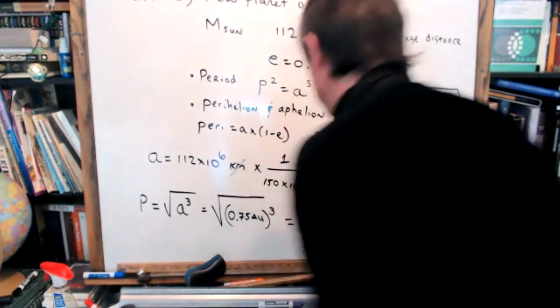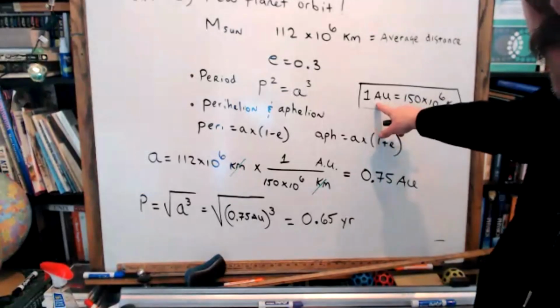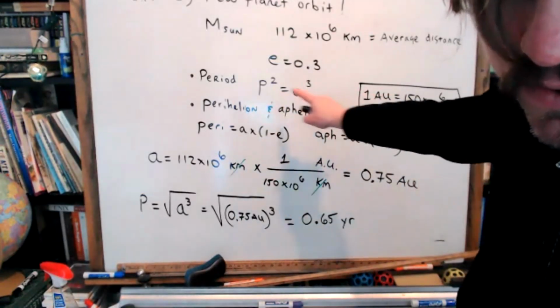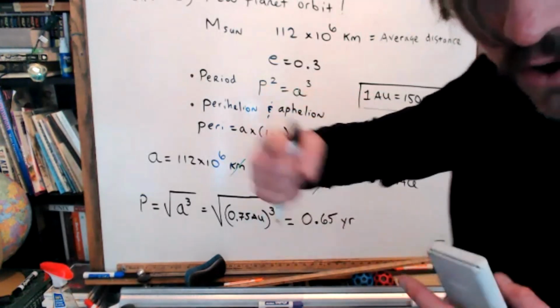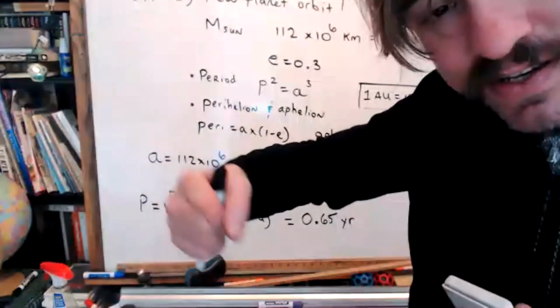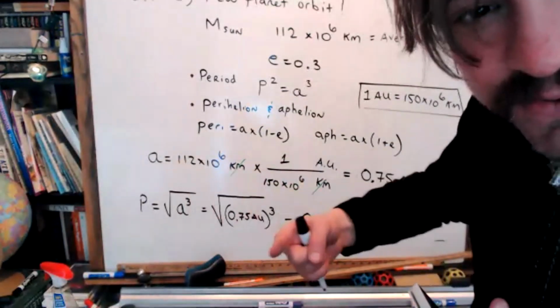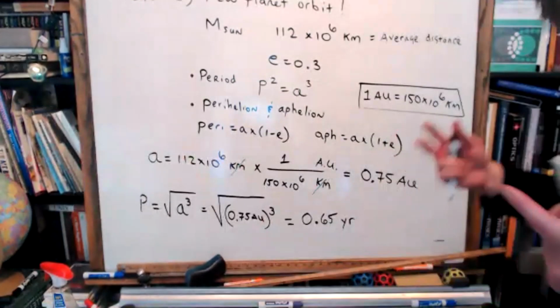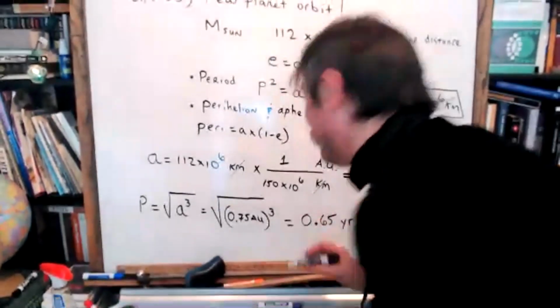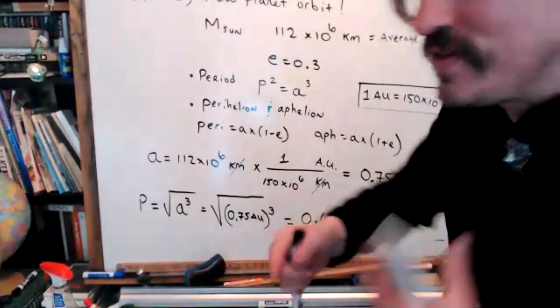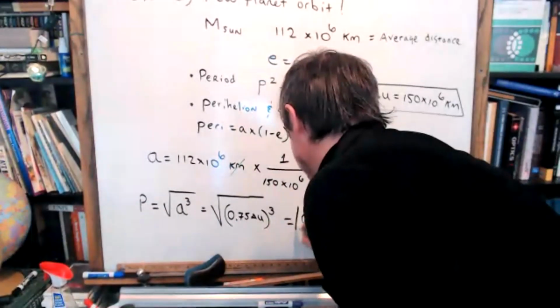Oh, by the way, it turns out that Kepler invented the astronomical unit. Because he figured out P squared equals A cubed, he could only figure out how far away the planets were in terms of Earth-Sun distances. But he didn't actually know what an AU was, so he didn't really know how far away Saturn was, which is kind of funny. He could tell you it was 10 times farther than the Earth-Sun distance, but that's all he could do.